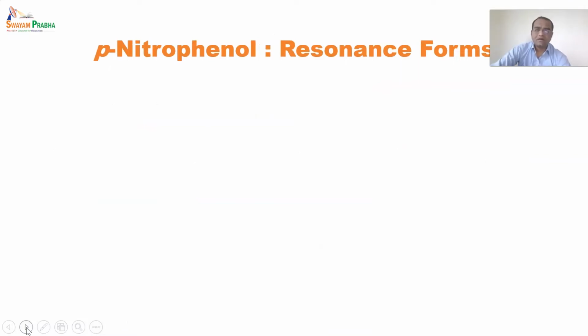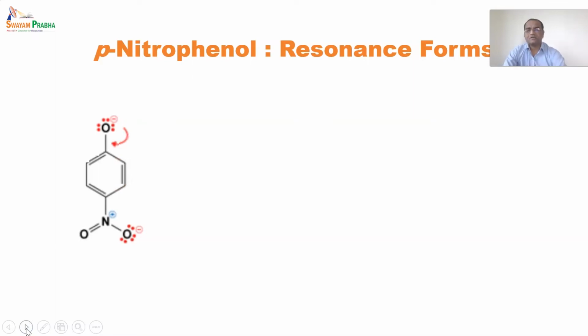So now we will see the resonance forms of para-nitrophenol. This is the structure of the phenoxide ion of nitrophenol. After giving an H plus ion away, the bond between oxygen and hydrogen breaks and gives away an electron to the oxygen, and it gives a negative charge on that oxygen. And in a similar fashion to what we have seen in the resonance of the phenoxide ion, a similar thing happens over here, that